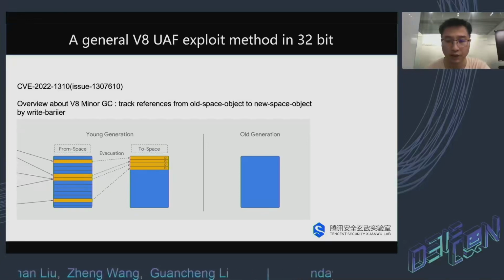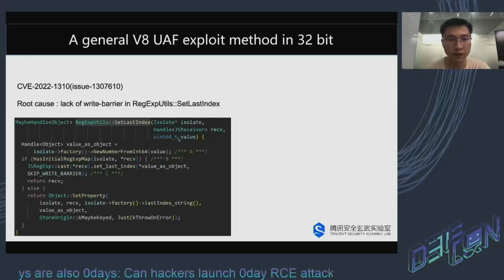During scavenging, there is also an additional set of root objects, which are pointers from old space to new space objects. V8 uses write barriers to track these references. When the garbage collection identifies relevant references in the old space, it does not reclaim the objects in the new space. Here is a Chrome issue